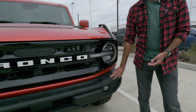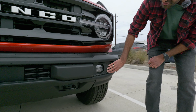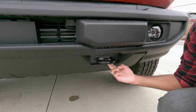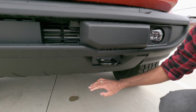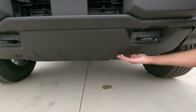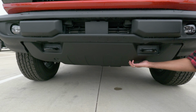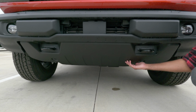Now moving down to the bumper, we have fog lamps, which is definitely good for those dark, off-roading nights. Down here we have painted black tow hooks. So this is nice and definitely good for winching yourself out of some tight spots. Now below that there is some plating down here. It's plastic, but it seems pretty tough, which is good, especially so you're not damaging critical components down here. Now, I believe on the Sasquatch package, this would be metal, but this is still definitely good to have and